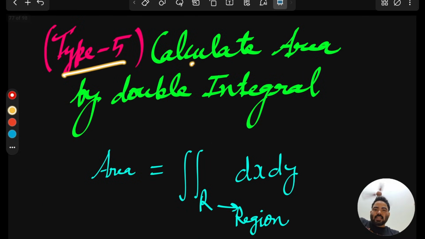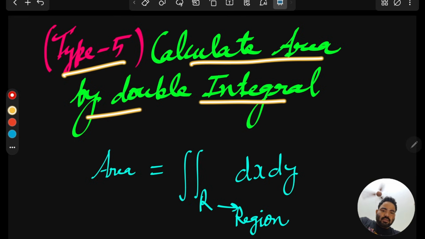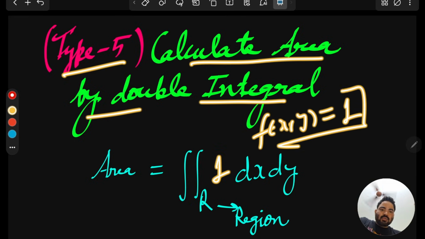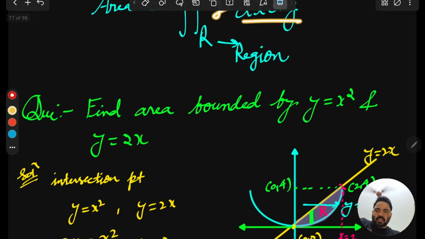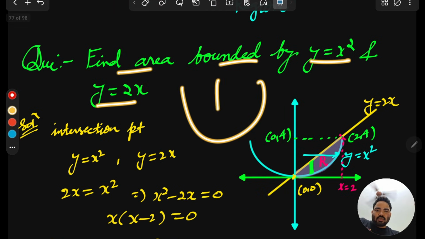So our type 5 is calculate the area via double integral. We already know if you just put the function equal to 1, then this will give you what? Area. And we already discussed this question, so we are going to go very fast. Find the area bounded by y equal to x square and the line y equal to 2x. You already know y equal to x square is this, and y equal to 2x